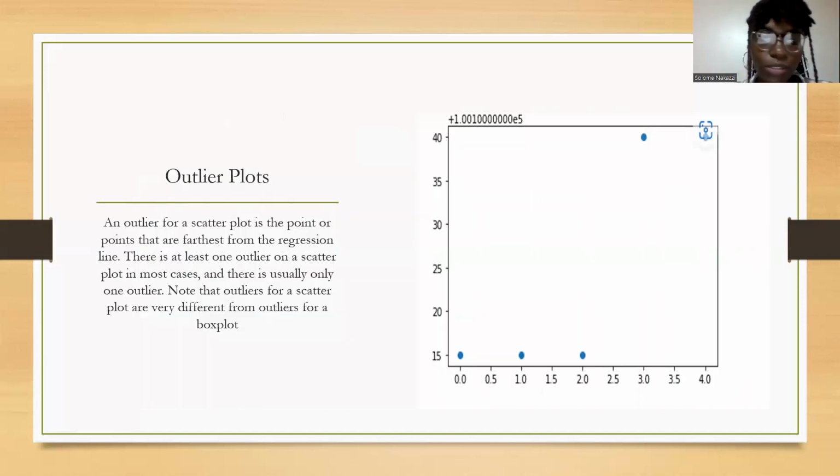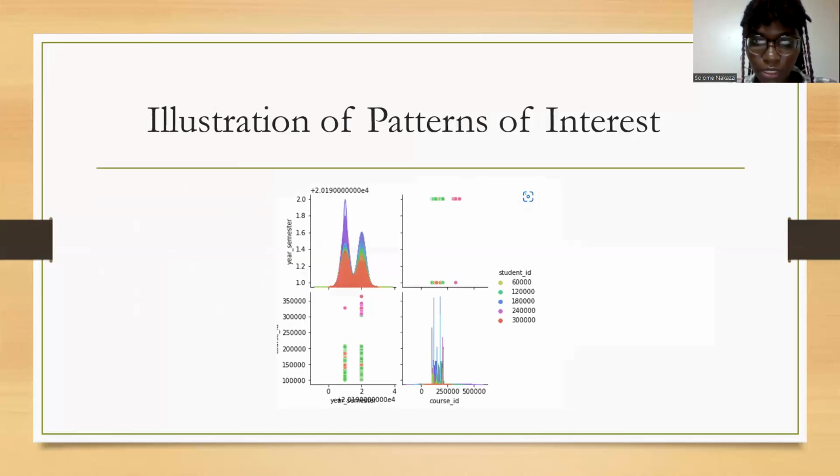So the outlier plots. An outlier for a scatter plot is the point or points that are farthest from the regression line. There is at least one outlier on a scatter plot in most cases, and there is usually only one outlier. Note that outliers for a scatter plot are very different from outliers for a box plot. So here we have one outlier, and this outlier was plotted based on the student ID, and